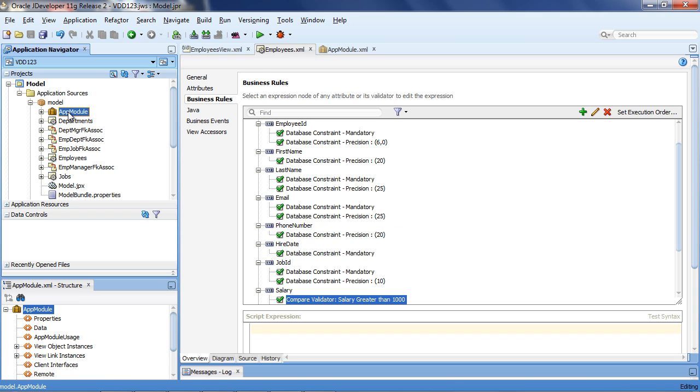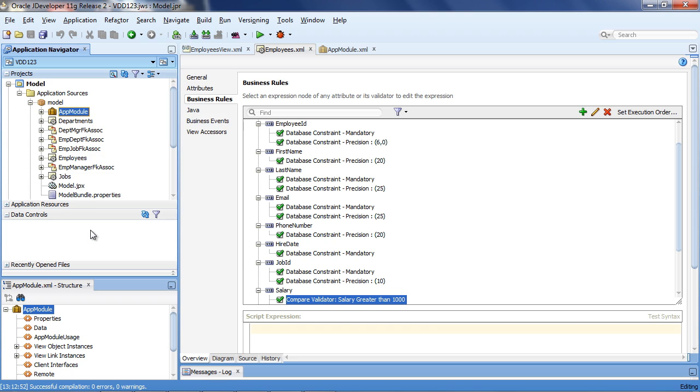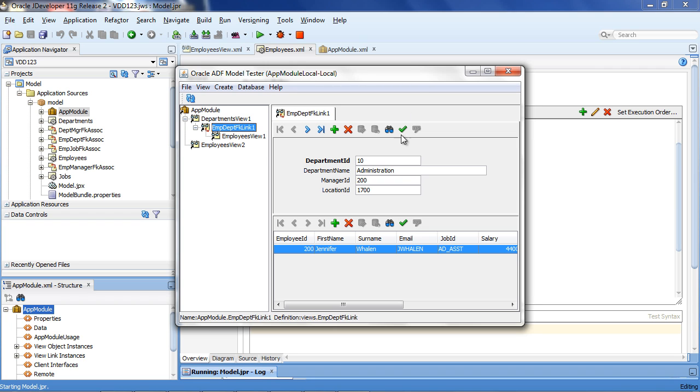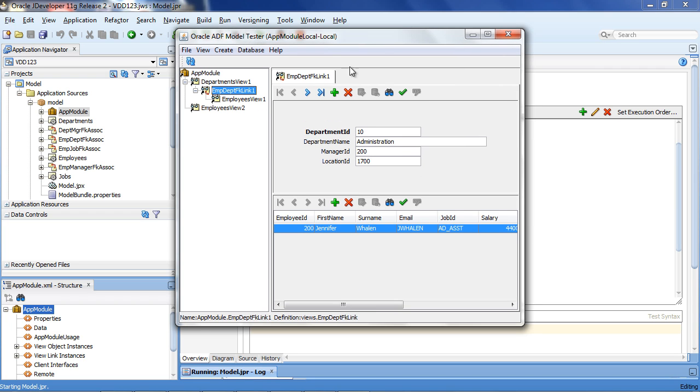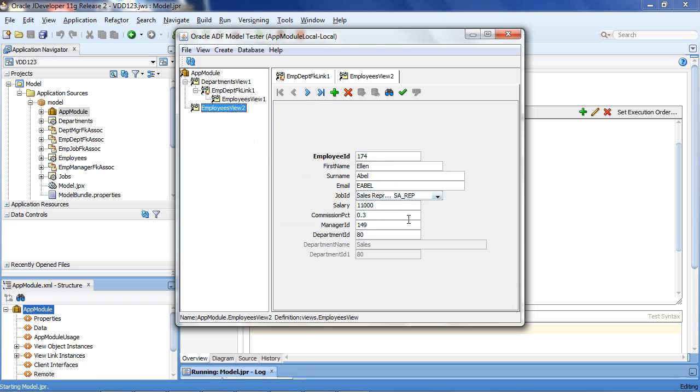Okay, now although we haven't built a user interface, we can actually run and test this in our business components tester. And there you can see I've got departments, and there I can see departments for a specific employee, or I can look at all employees, and there you can see that we're bringing back the department name.